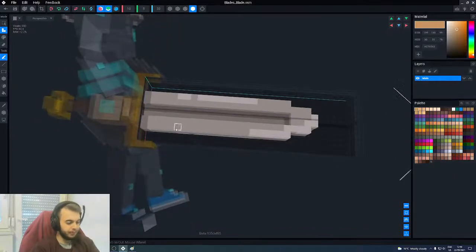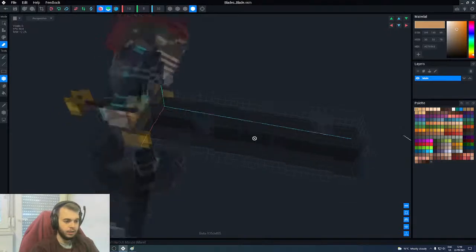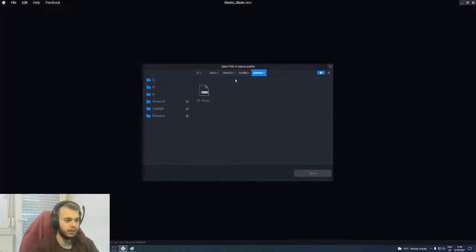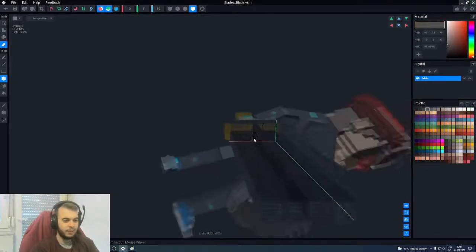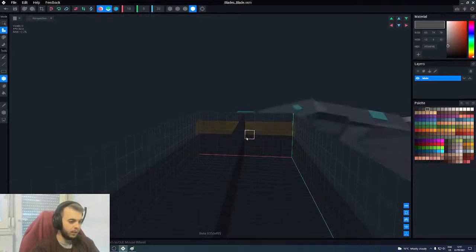So I guess we can start with this. So let's get rid of that. And then let me also load the palette. Oh, wait a second, here it is. So we have our nice gray stuff to work with, and then